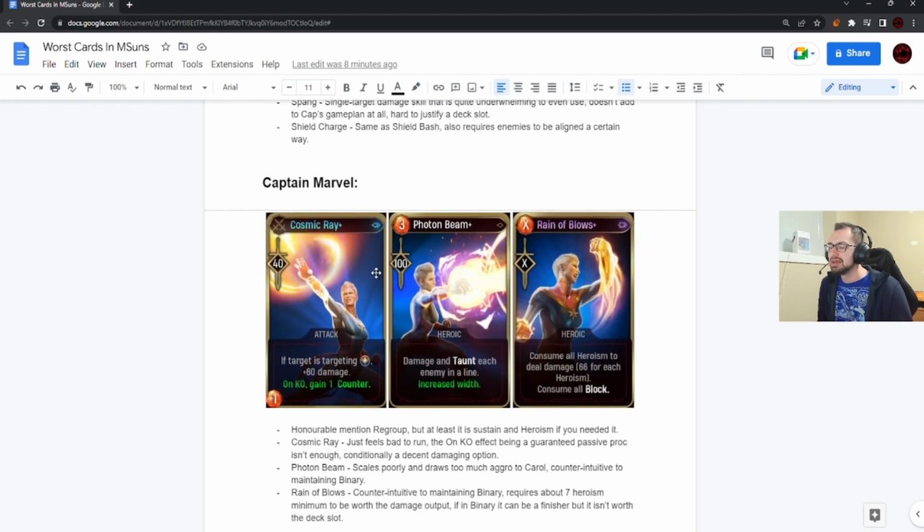Captain Marvel. So this one's probably going to be a little divisive, actually. But my first one here is Cosmic Ray. The reality is, I have tried to make this card work a few times, and it just feels awful. Once again, think about this for a second. These cards were taken from the same screenshot, or same time frame in the game. So you look at Cosmic Ray, it's base 40 plus 60, Photon Beam 100, and then Rain of Blows at 1 heroism is 66 damage. So even if we just look at these three cards, not that they're necessarily comparable, but Cosmic Ray's damage is